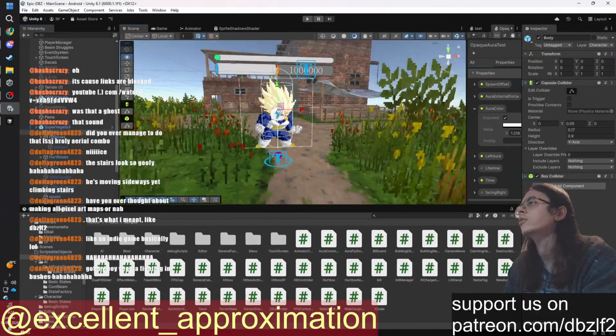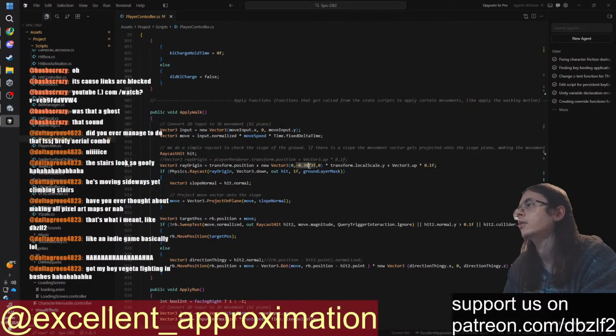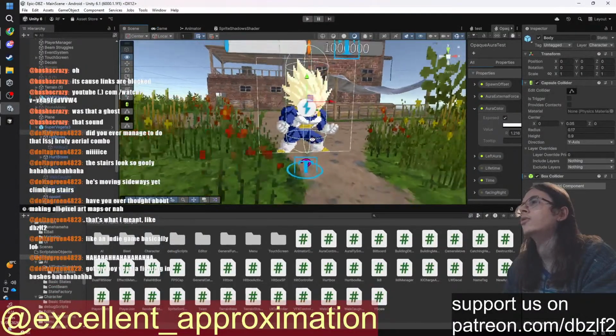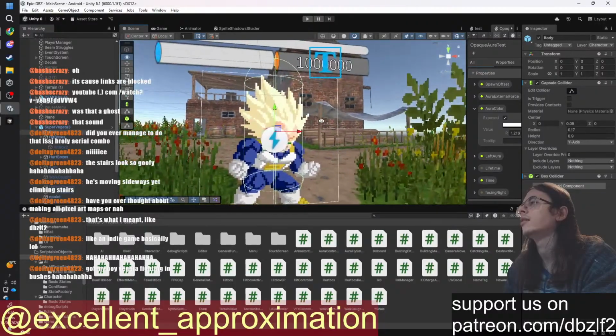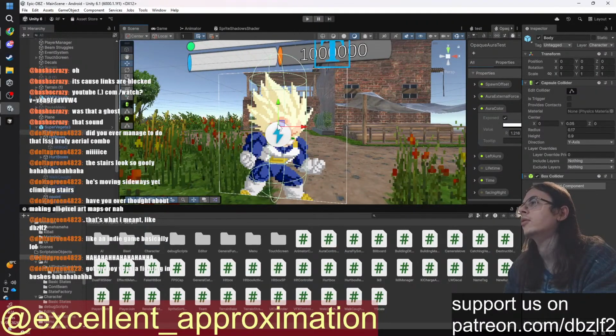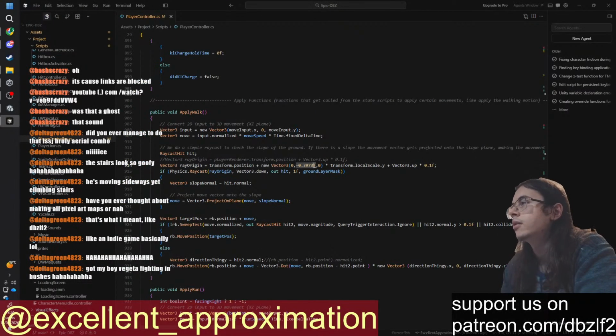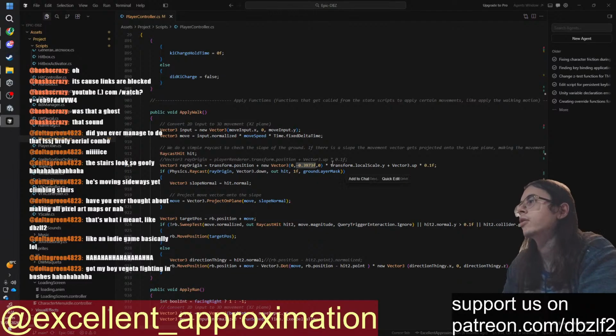Oh, I think it's because, is it negative? Yeah, it's negative. I think it is because when you do a raycast, it begins at the origin here. So I want it to begin more to the bottom, like on this part, and that's why I subtract this quantity